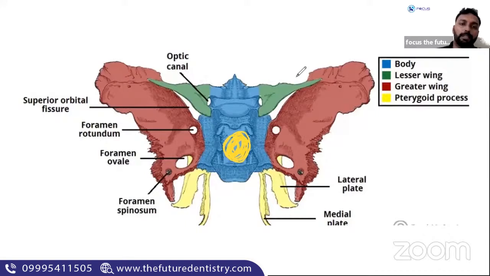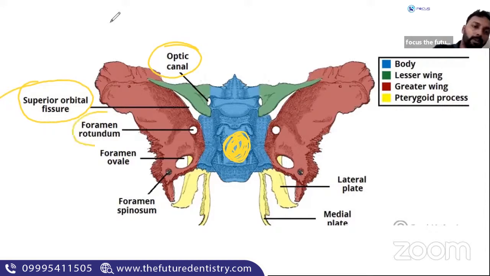Okay, so just have a look, we will recap the structures which we have studied. You have the optic canal here. Through the optic canal, the optic nerve goes, and you have an artery known as the ophthalmic artery. The detailed structures we can discuss later. Then the superior orbital fissure. Everyone remember this: 3, 4, 6. These are the nerves which are going to supply the muscles of the eyeball. So that goes through the superior orbital fissure.